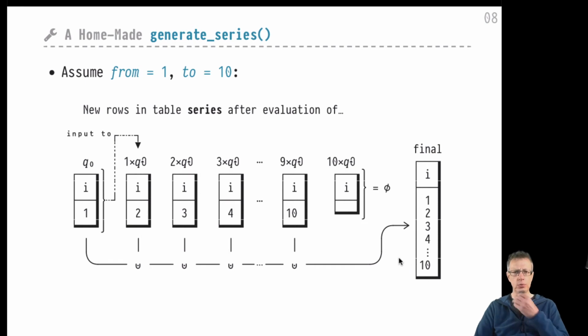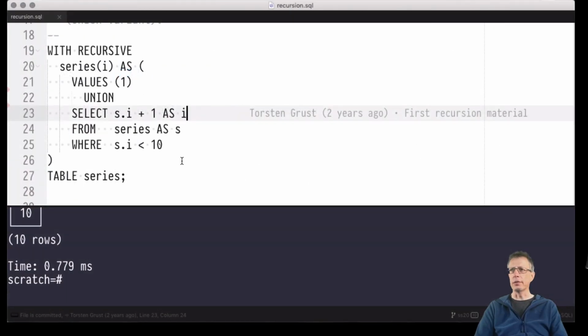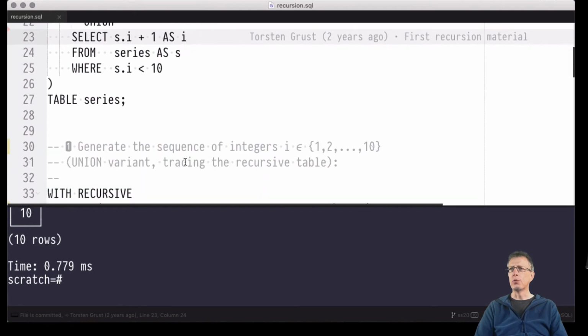So, to really deepen and solidify our understanding of the semantics of the recursive CTE, let's switch over to the terminal once more and play with variations of our homemade generate series. There we are again. Right. So first,